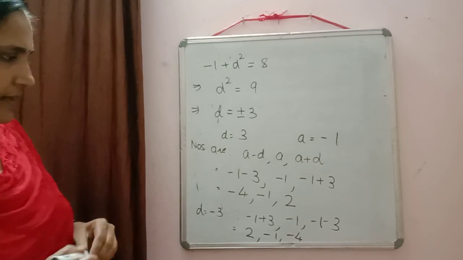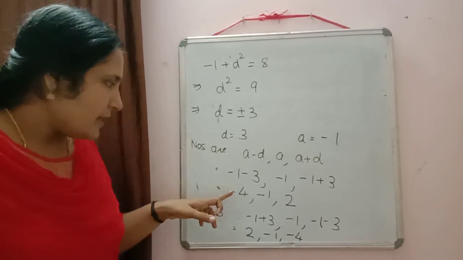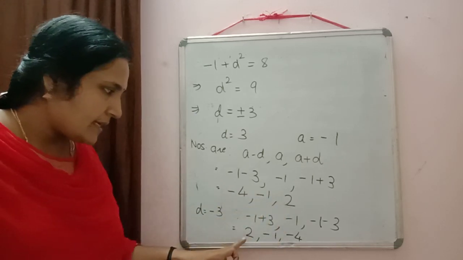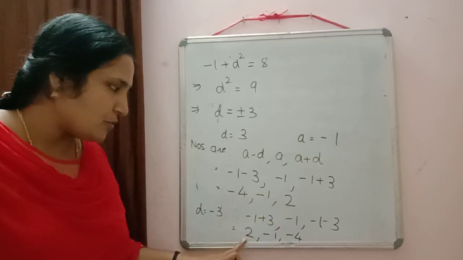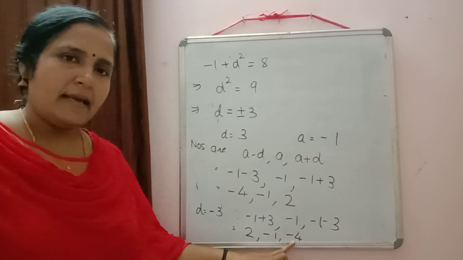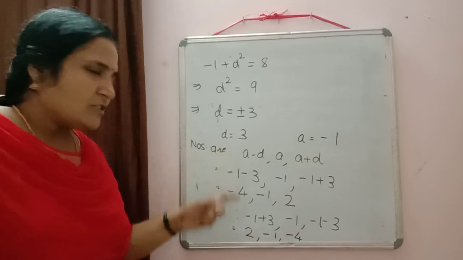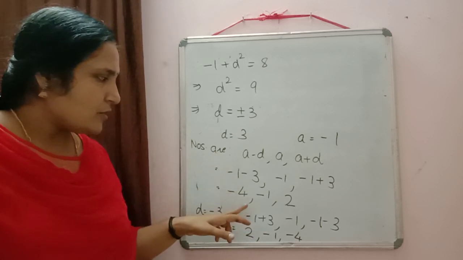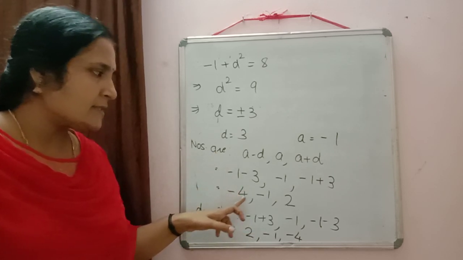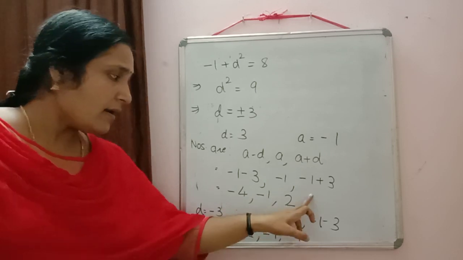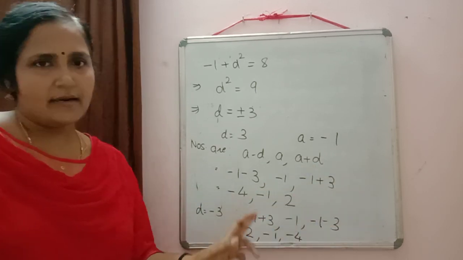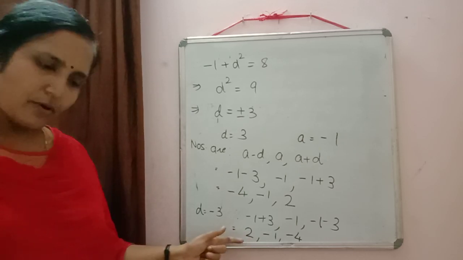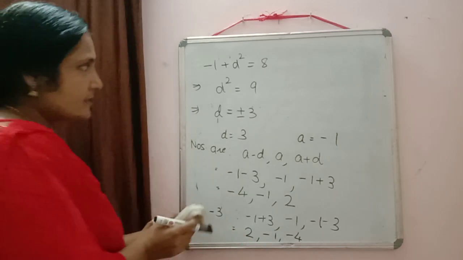So just to check, the numbers are only reversed. In the first case we got -4, -1, 2, and in the second case when we substitute, we got 2, -1, -4. So I have shown this only once to explain. When you write it, you can write in this way: the numbers are -4, -1, 2, or just reverse the order. You don't have to show this step. Clear? Okay. Now we'll do some more questions.